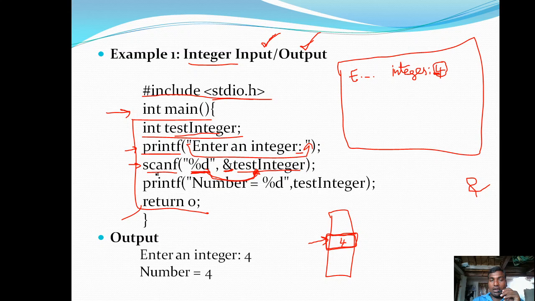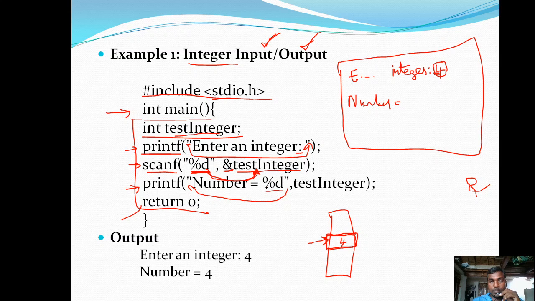Now after completion of this statement, it is going to execute this printf. Inside the printf, I already told you, if you want to print a number, even inside the double quotes we need to use the percentage format specifier. So here inside the double quotes, it is going to print "number is equals to".